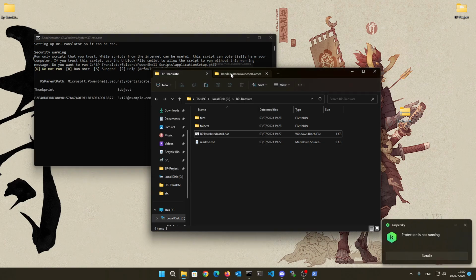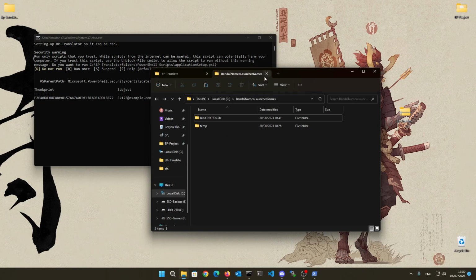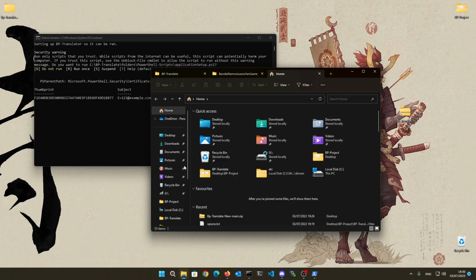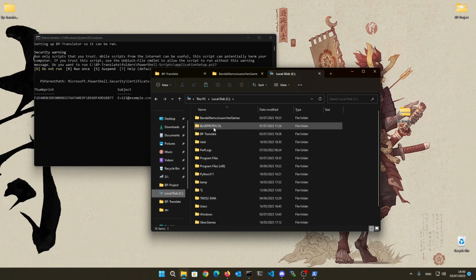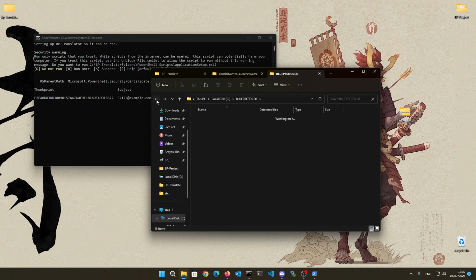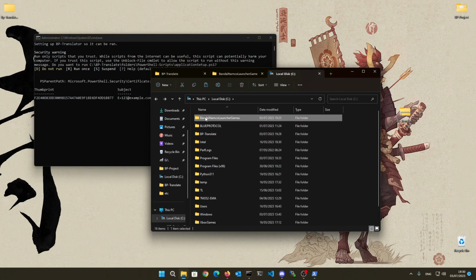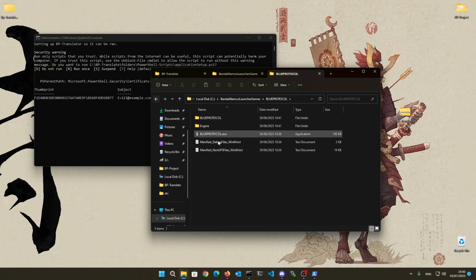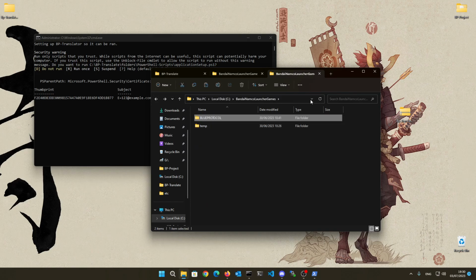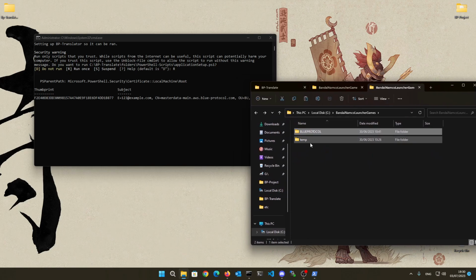If you want to see what it's doing, you can go to your C drive and go to the Blue Protocol folder, which for me I think is in the launcher. Yeah, so it'll be here,